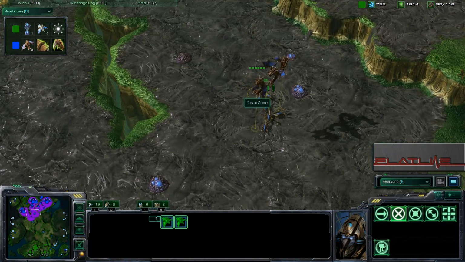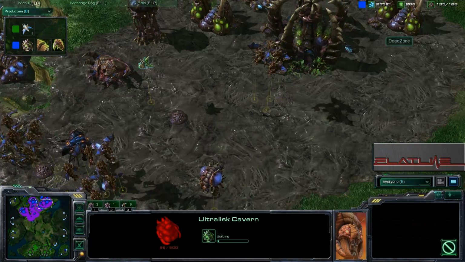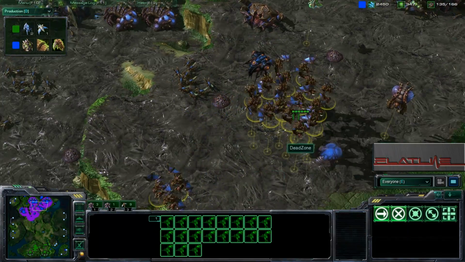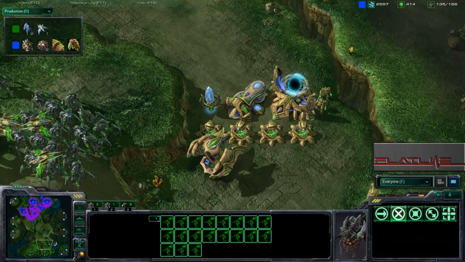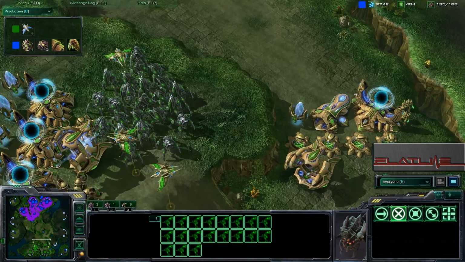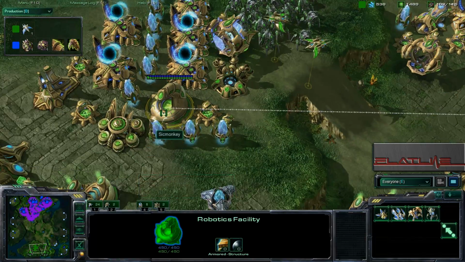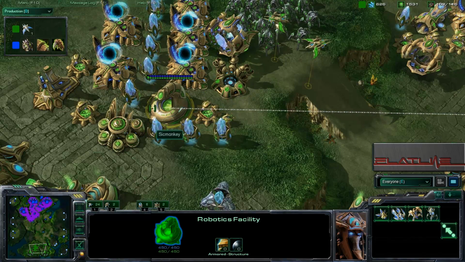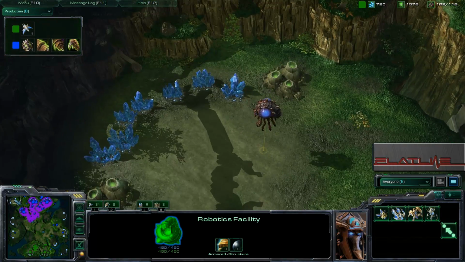And DeadZone sitting on 136 supply. Getting an Ultra Cavern. His hive has finished. That is not nice for Sicmonkey, as Ultras do a lot of damage to Protoss forces. And with only 2 Zealots on the field and no Immortals, not good. And I think that he can't even produce Immortals because they have nowhere to go. They'll get stuck right there. The Warp Prism, of course,